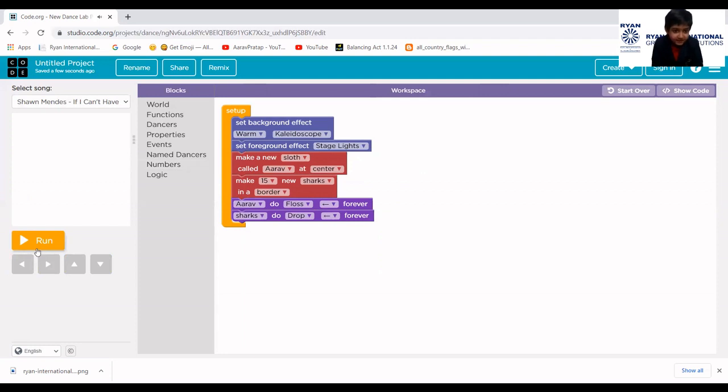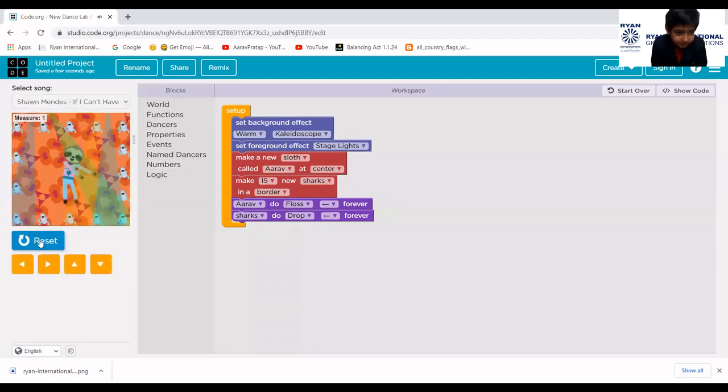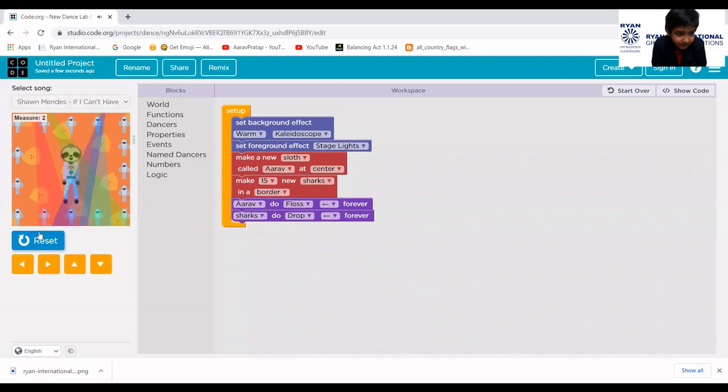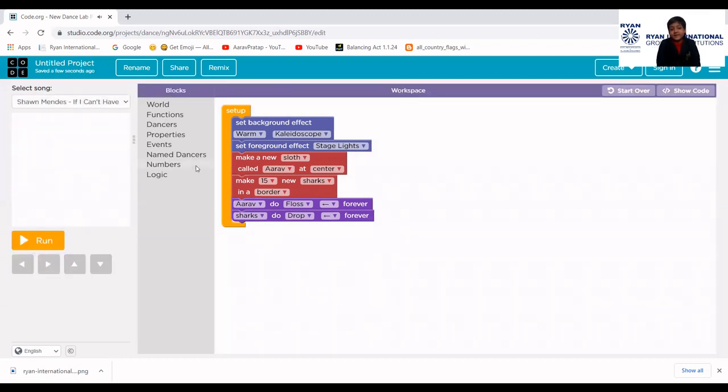So let's see it. Okay, that works. Stage light is okay. Now this small part is done.